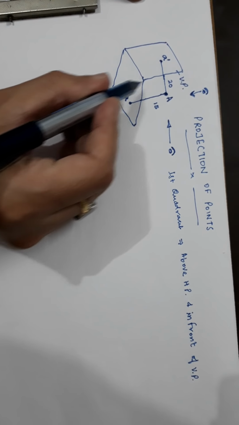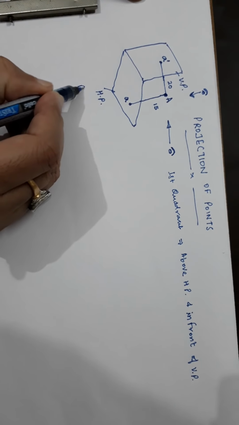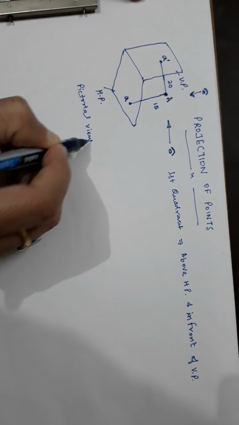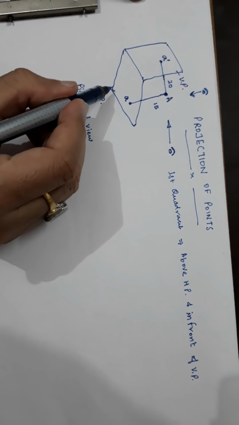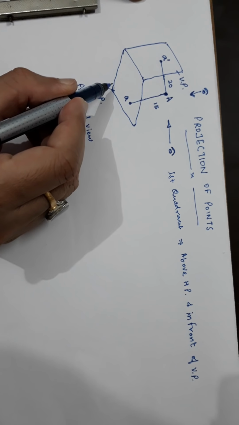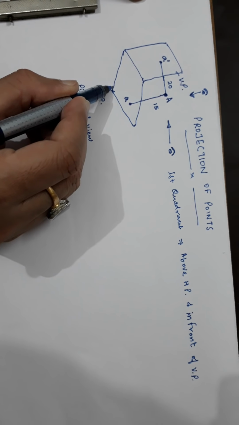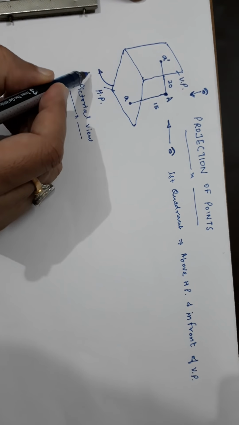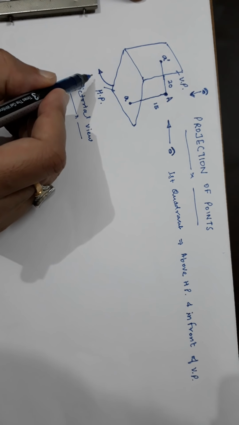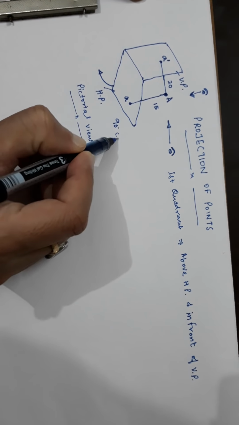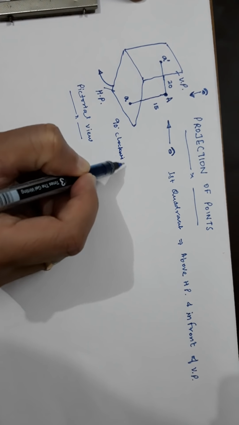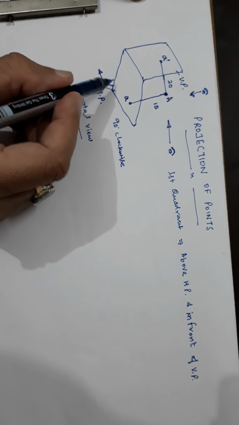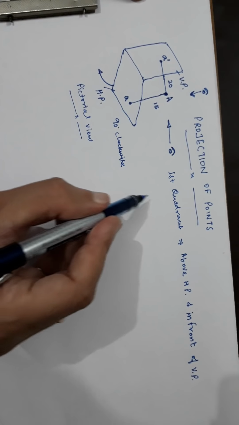Now this is the three-dimensional pictorial view. But when you have to do it on your sheet, there is one rule in projections: always rotate the horizontal plane 90 degrees clockwise so that it becomes coplanar with VP. If you rotate this HP clockwise 90 degrees, then the VP and HP will be coplanar like this.